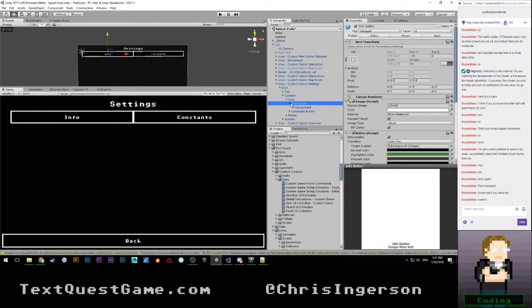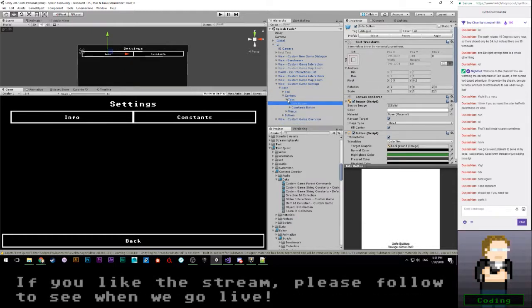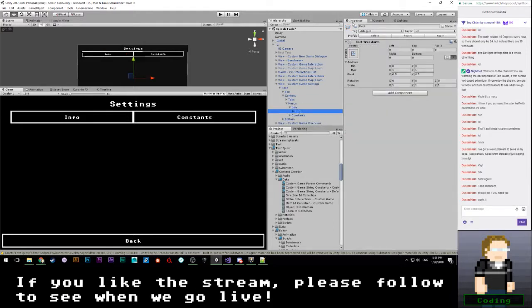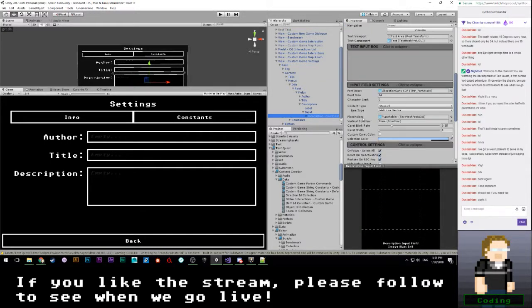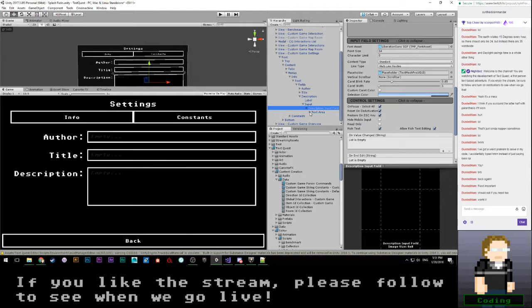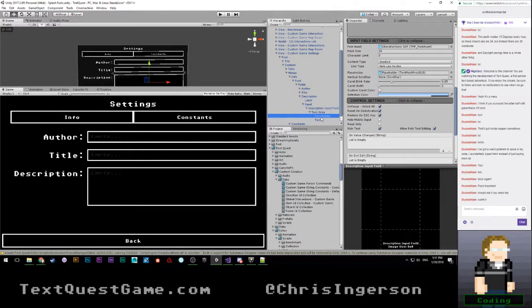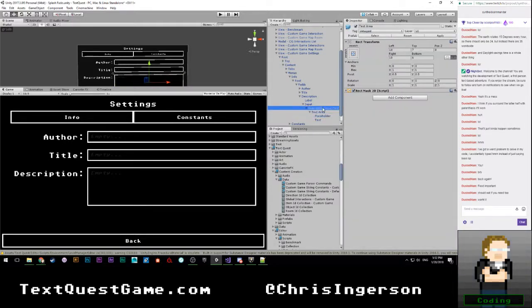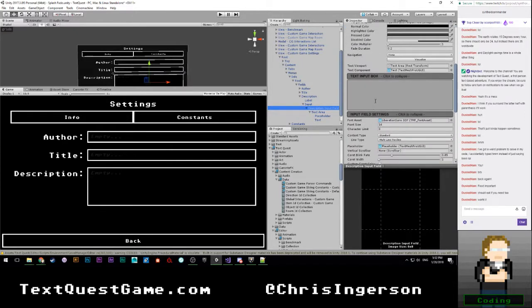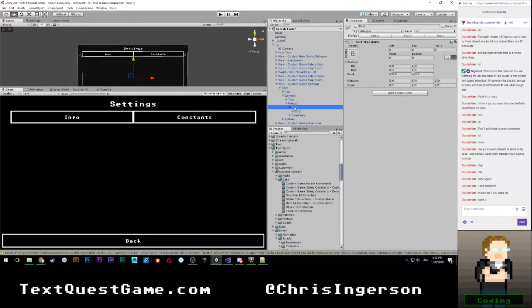Content, tabs, info button. No, that's not what we want. Sorry. Go to our description field. Description input field, and we're going to have this be aligned. That's interesting. Our placeholder is aligned to the top left, but our text itself is not. Fair enough, I guess. Just to check real quick, let's go ahead and input something. Okay, that looks good. Get rid of that. Let's go ahead and turn you off.